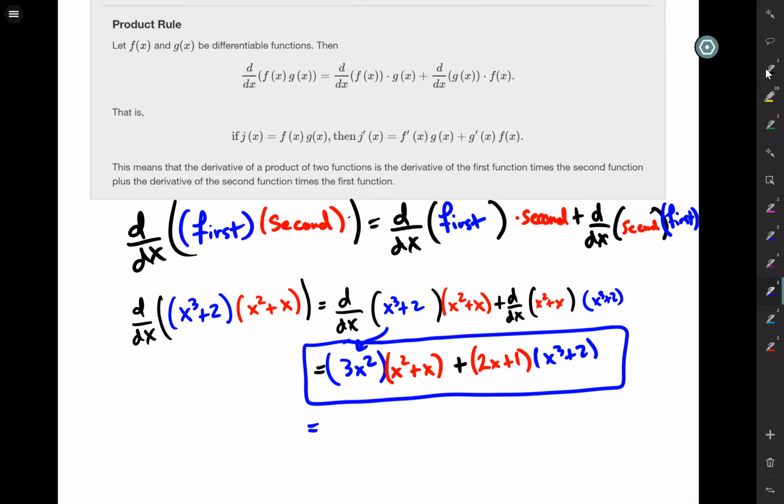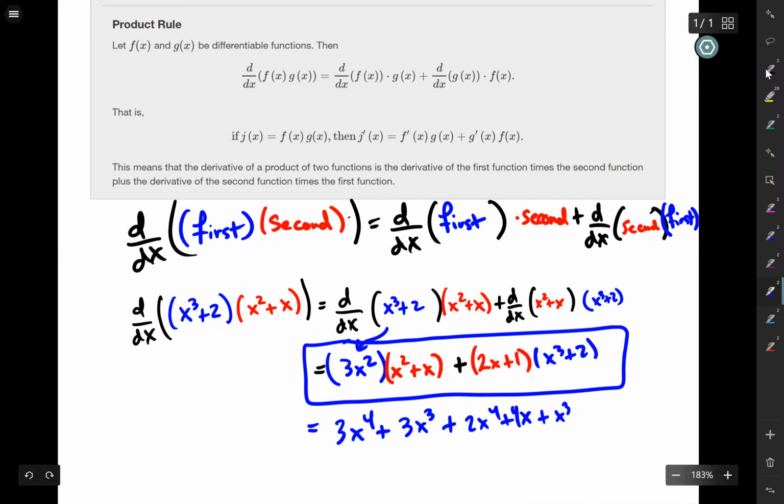But you could do an optional further step, which would be 3x squared times x squared gives me 3x to the 4th, plus 3x squared times x is 3x cubed. And then now I'm going to have to FOIL here, so I'll get 2 times x cubed is 2x cubed, plus, first, outside would be 4x, and then inside would be x cubed, and then last would be plus 2. And then I'd have to combine all the like terms, so maybe I'll highlight my x to the 4th terms, my x cubed terms,